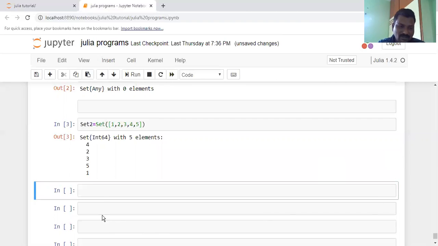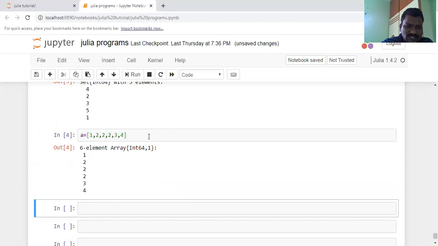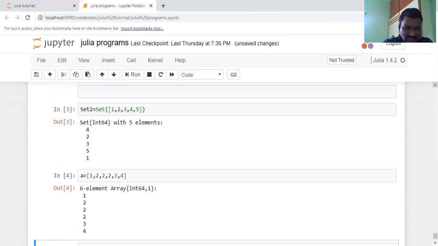Compared to the array, what is the difference here? For example, an array a equals some elements 1 2 2 2 3 4. But a set does not allow duplicate values, whereas an array allows duplicate values. That is the difference: duplicate values are allowed in the array compared to sets.